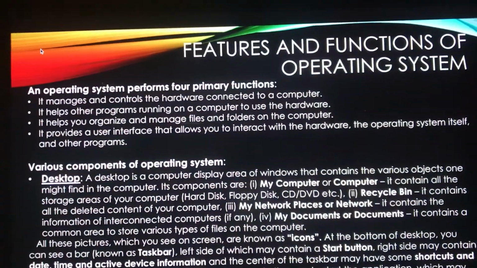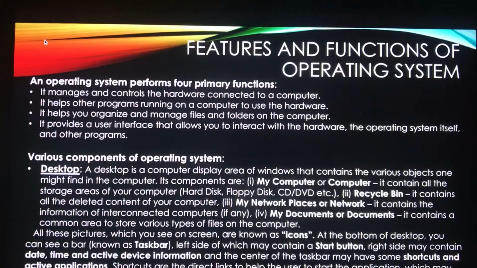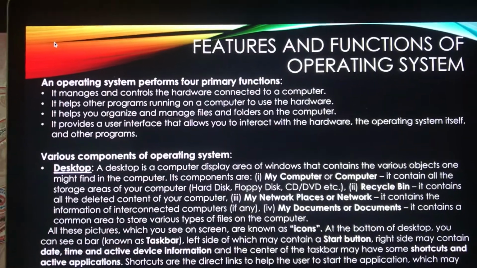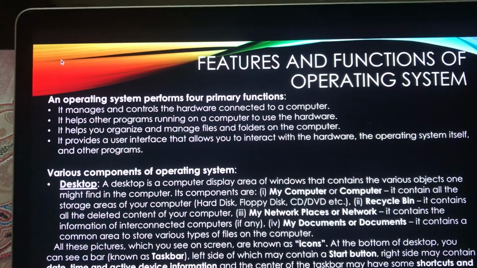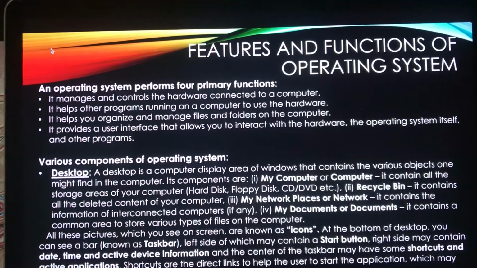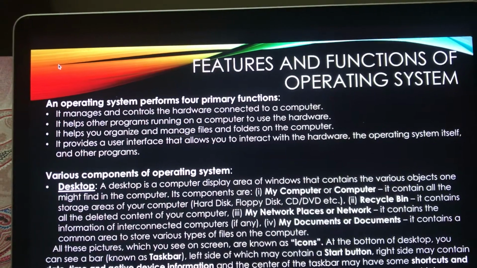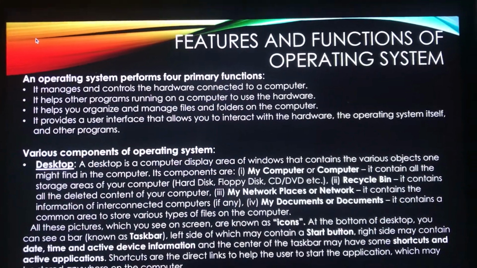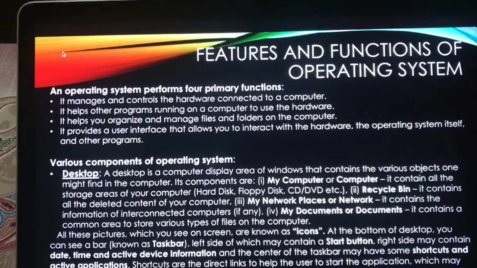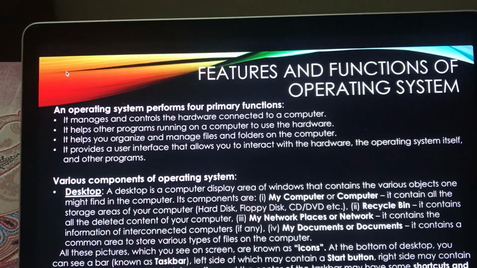So an operating system basically controls how programs work with each other and how they interact with the computer hardware. It also creates the file system that determines how your data is stored within a storage device. The performance of an operating system depends on the number of bits that it can transfer at a time. We have already discussed bits and bytes. One byte is equivalent to 8 bits. So do remember this. So this is how our operating system works.